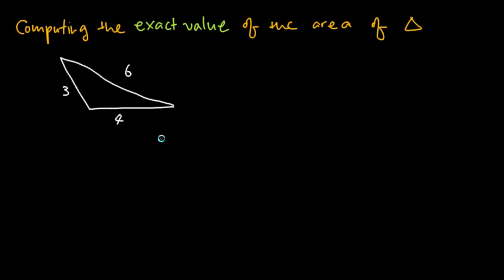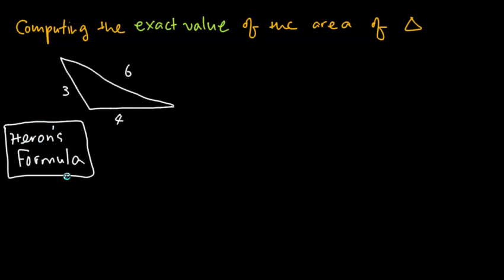Hi everyone, in this video I'd like to review this problem of computing the exact value of the area of a triangle. There is a formula known as Heron's formula. So that's its name, Heron's formula. If you plug it into this formula, the answers can be straightforward and easy, but that's not the point of